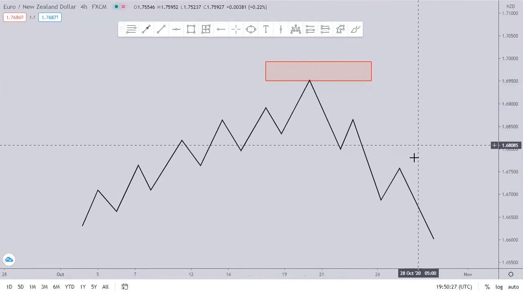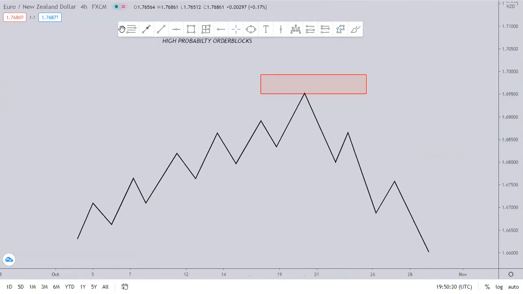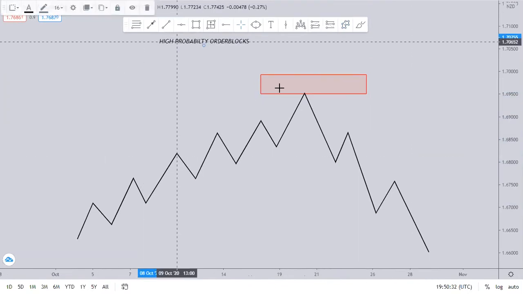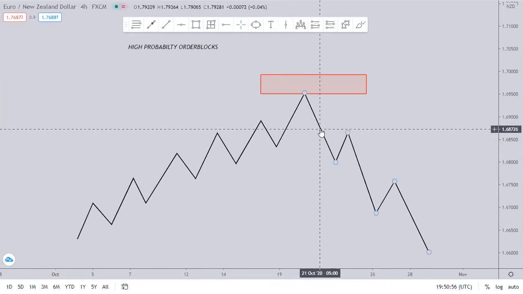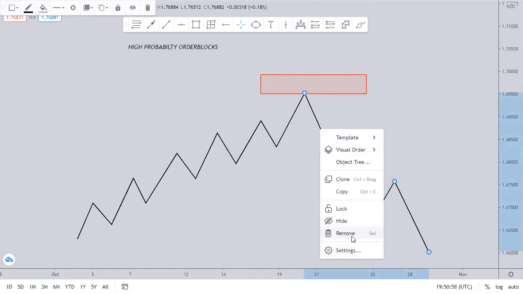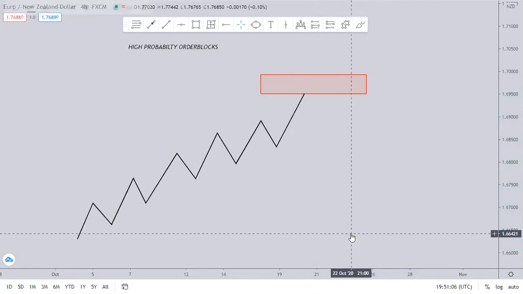So there are a lot of order blocks, but not all order blocks are high probability order blocks. So you want to train your eyes in such a way that you can identify these high probability order blocks, because once the market goes towards that order block, that trade is very, very likely to play out. So you must take note of that. Now, these high probability order blocks have certain characteristics. As you already know, we have bullish order blocks and bearish order blocks. So let's look at the characteristics of a high probability bullish order block.